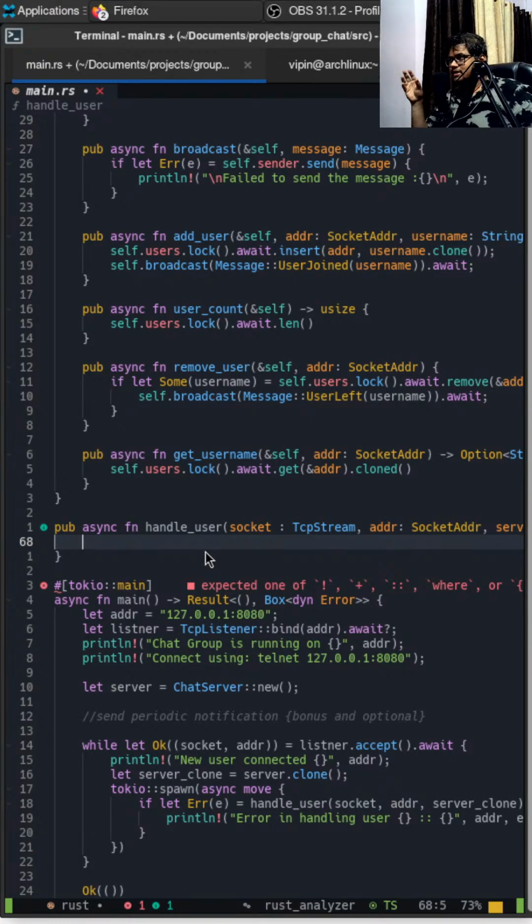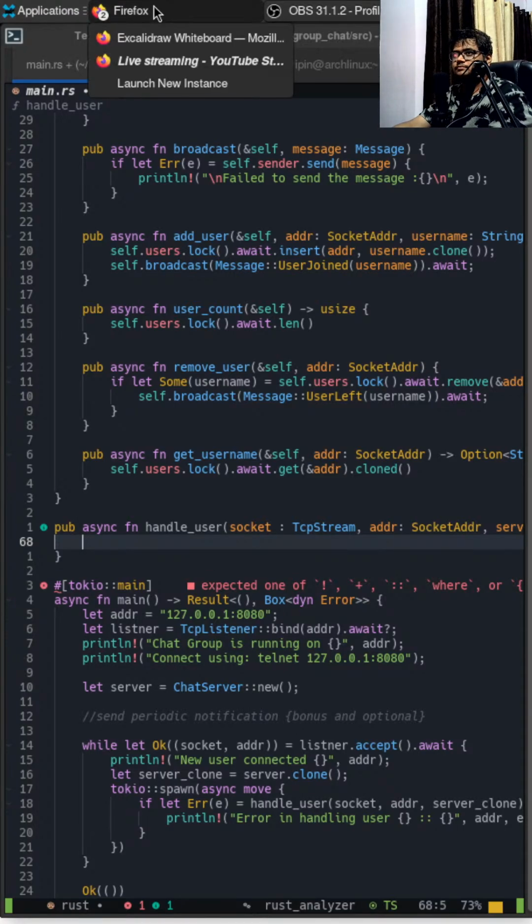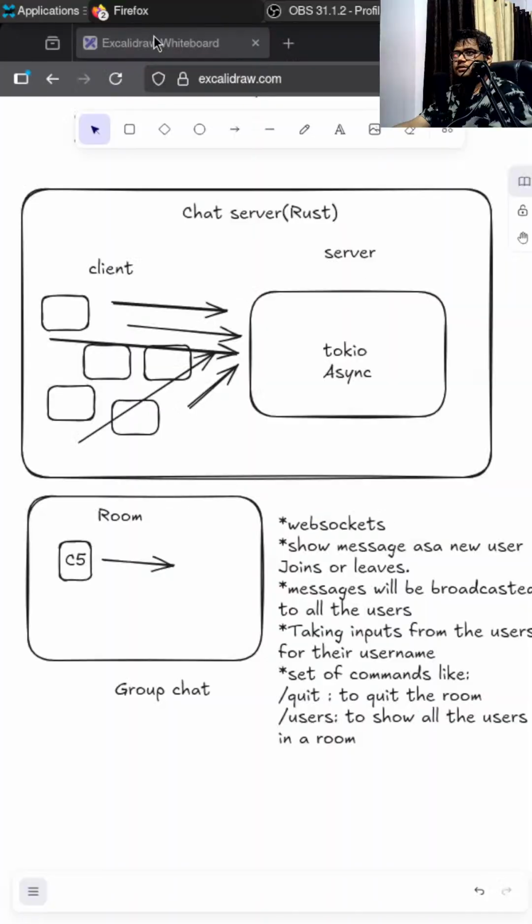It will be separate, and handle user will be assigned to each of the clients that is joining. That is why we are cloning the server over here, right? We are passing the cloned server as an argument to this handle user method. Now handle user will have, if you remember what we did over here, all these set of commands, right? We can have set quit, set users. So as soon as the client